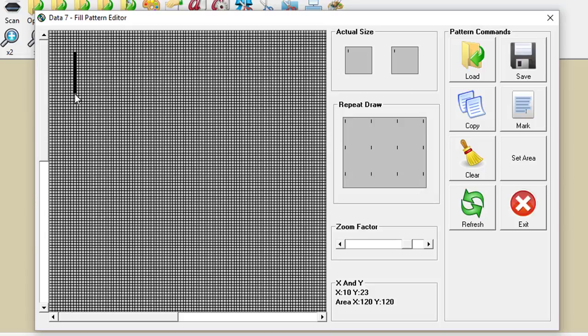So I'm just going to lay a few stitches down here and create a rough pattern. It doesn't need to be exactly right, it's just for demonstration purposes. If I just draw a number 10 for instance, which will be a circle, and a few more stitches there. I'm now going to save this as a new pattern,